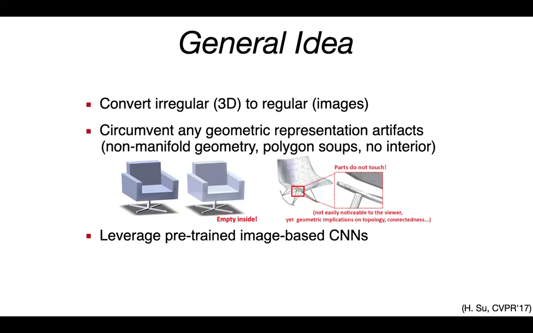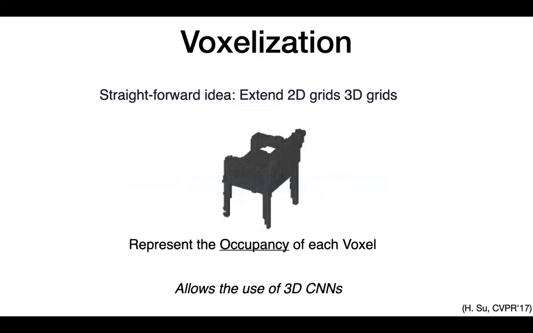And also it means that since it's a regular structure, we can extend the convolution operator to a 3D grid and take advantage of everything we know about a convolution neural network for images, and even combine this with 2D and 3D convolution neural networks. Okay, so the process to convert any 3D object to a 3D grid, a volumetric 3D representation, is called voxelization, and